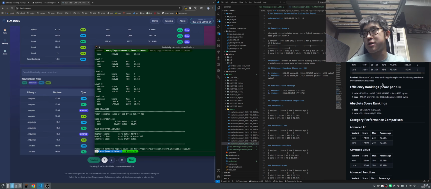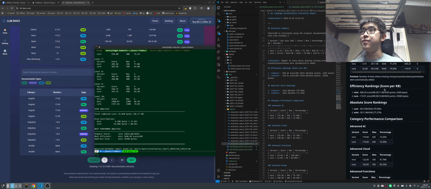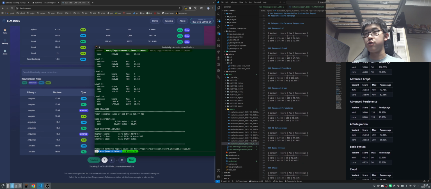After some testing, I was able to get these up to about 80%. So this is actually a bit interesting. This is not what I expected, but as you can see here, this is the report it would generate. It would tell you doc size, score, percentage, the score that it got overall,